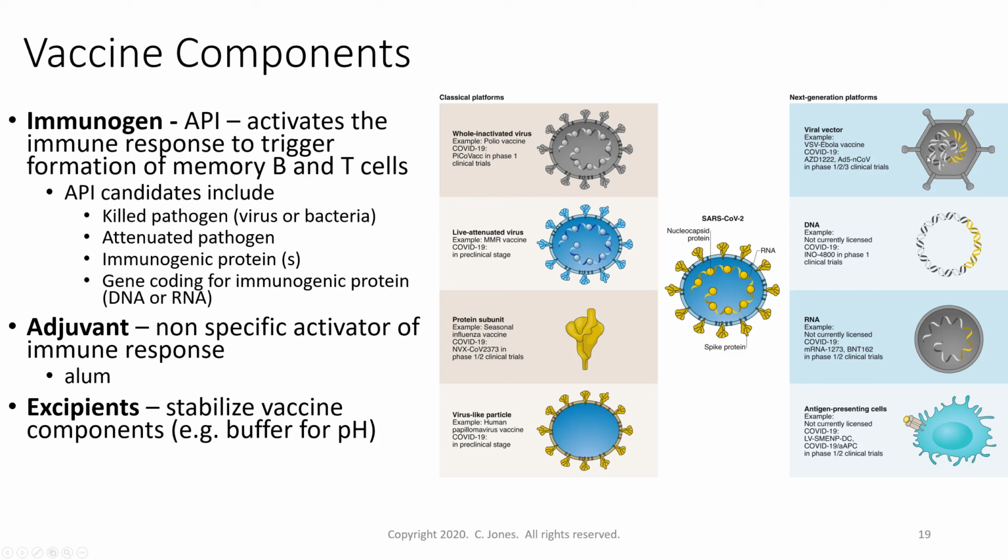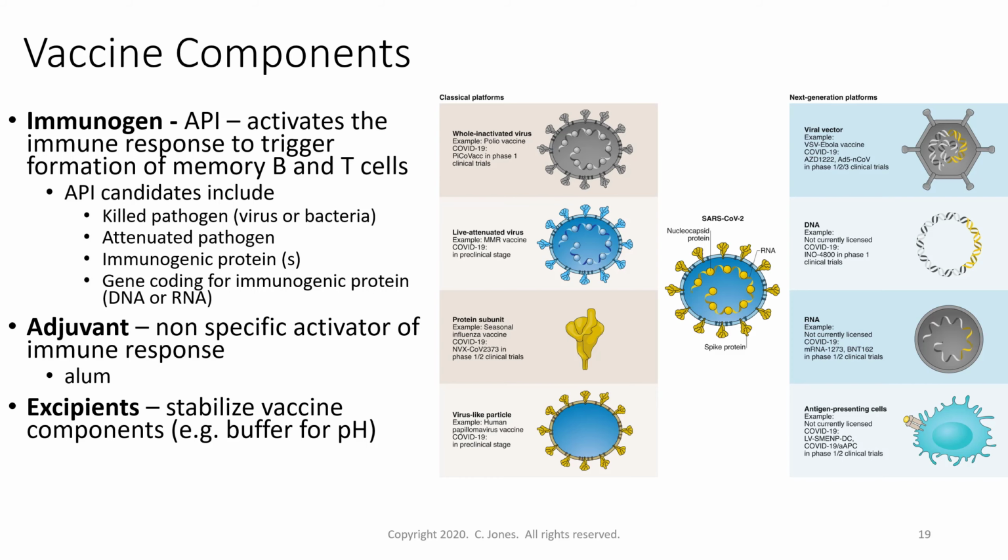And then we're looking at actually taking another virus and using it to deliver viral genetic material into your body. DNA, just giving you DNA, just giving you RNA. That's Moderna, which is on one of the next slides. And then a really expensive way is to train your immune cells ahead of time. Take immune cells out of your body, prime them with the virus, and then put them back in your body to activate your immune system.